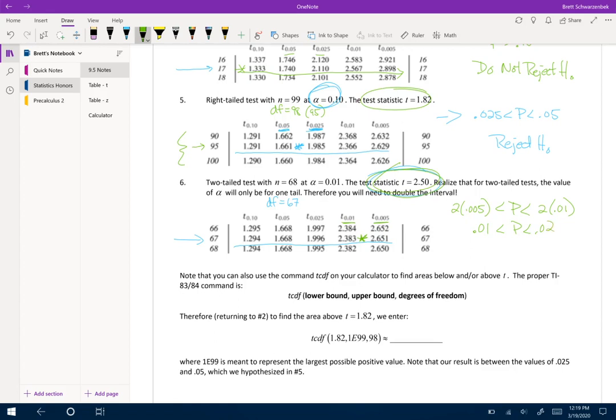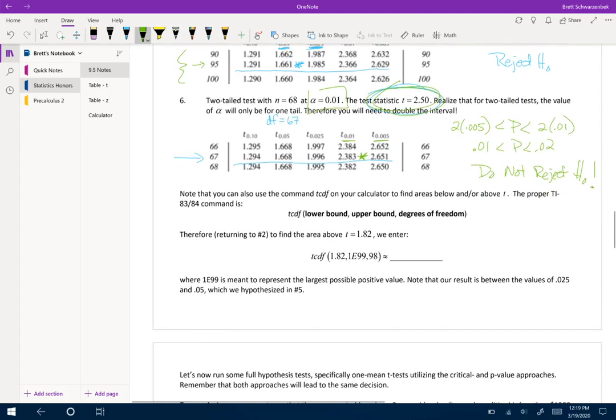Therefore, if we look at alpha 0.01, we go, well, no matter what p-value you fall in, in this setting, it's going to be bigger than 0.01, which means we do not reject H naught. All right, so yes, the process of that can be a little tricky, I admit, but we do have a nice alternative, which normally I'm perfectly fine with you using on exams and such. So if you, on your calculator,